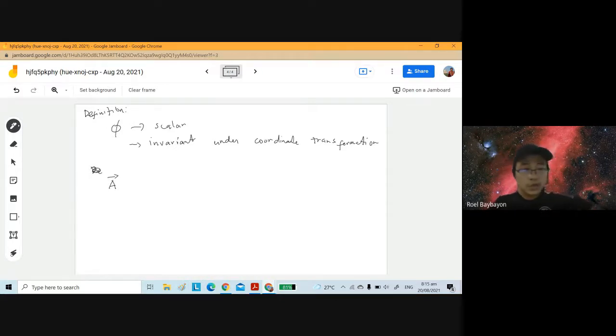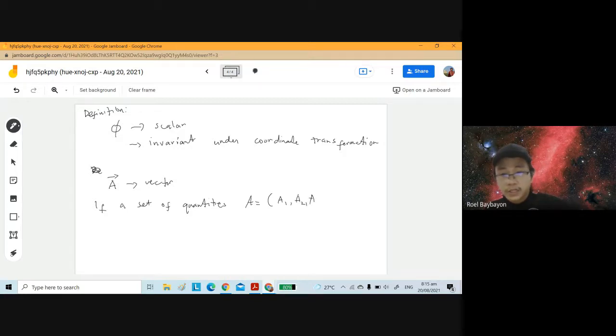Consider this as a vector, and in three dimensions it has three components. If a set of quantities A has components A1, A2, and A3,